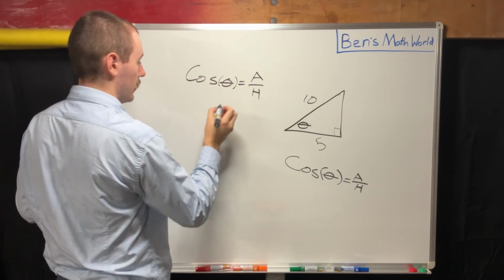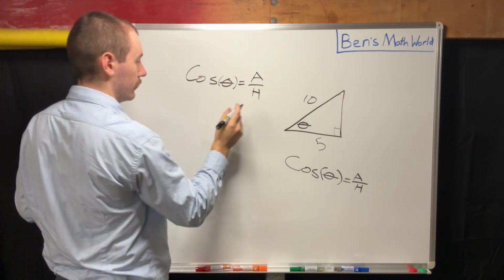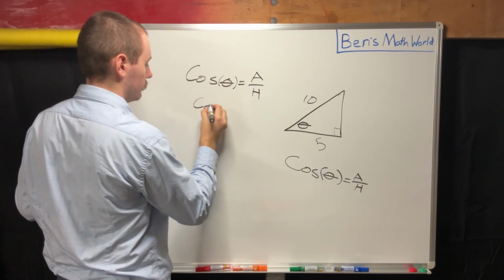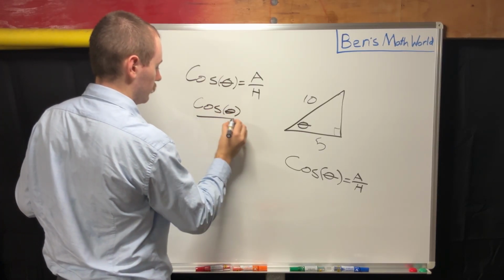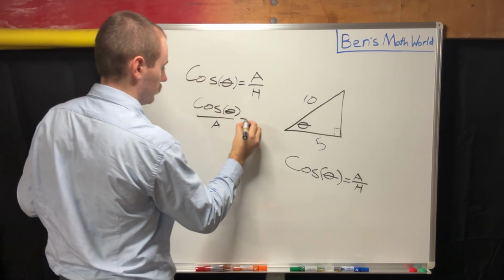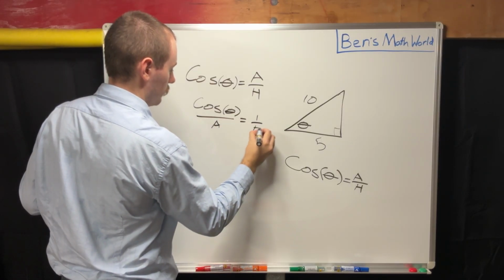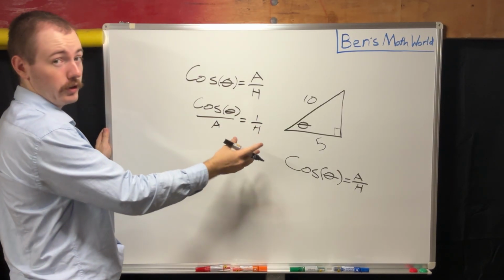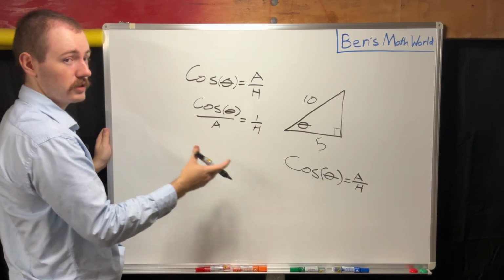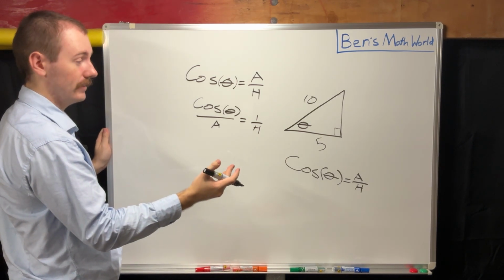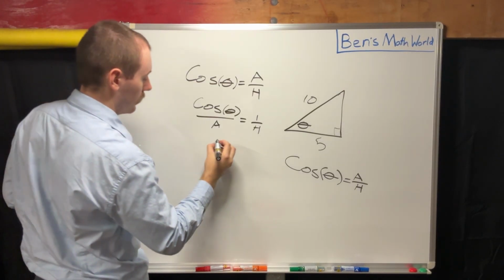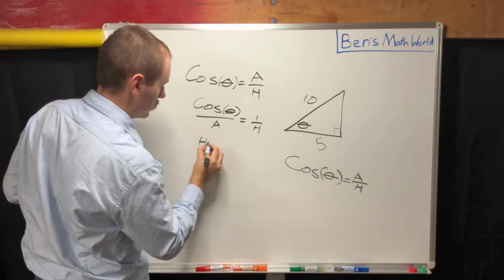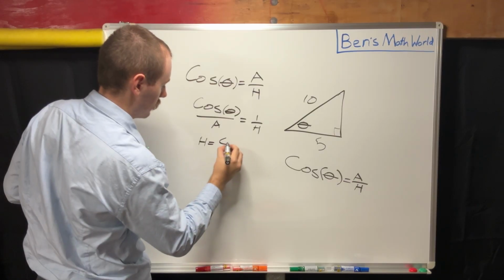So we're going to divide both sides by a to get it off of this side. Now this hypotenuse, it's on the bottom of the fraction, so we're going to inverse both sides, basically flip the fraction, and then we'll get hypotenuse is equal to